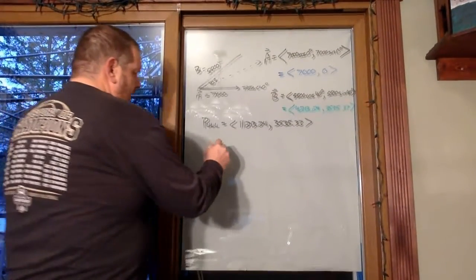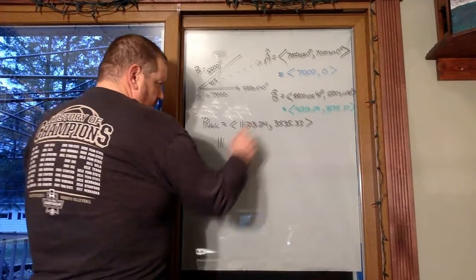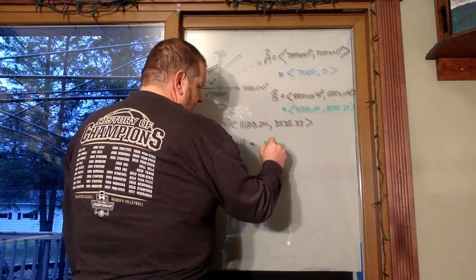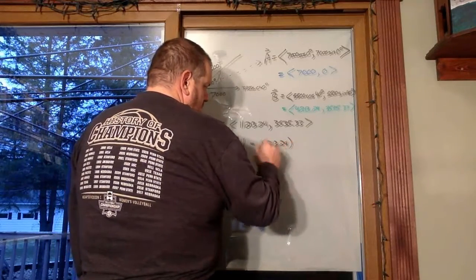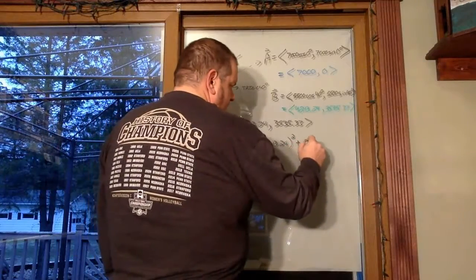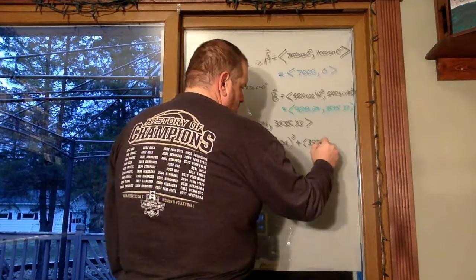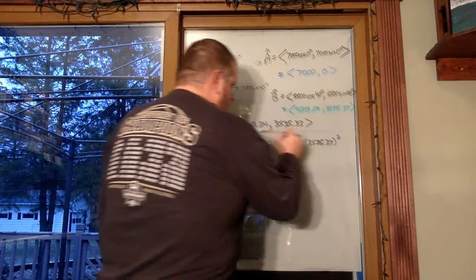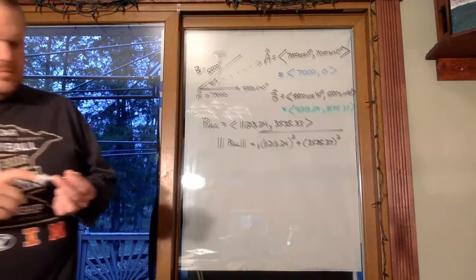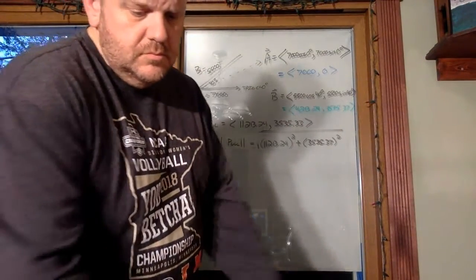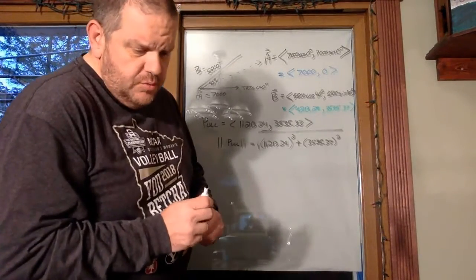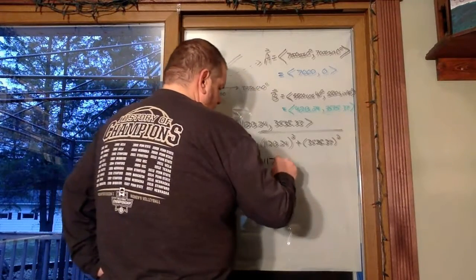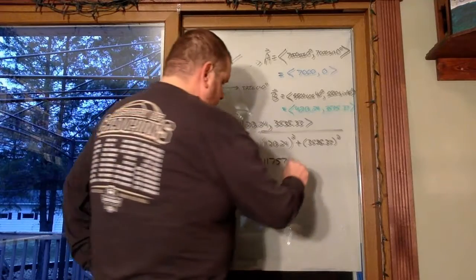So the magnitude of the pull is going to be, I'm going to take the x part, square it, add it to the y part, square it, and then take the big square root of that. When I do that, I get 11,757.4